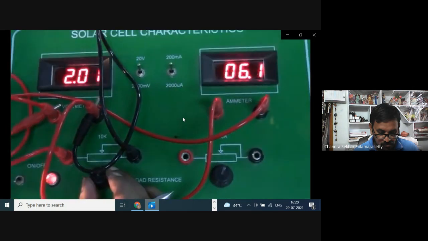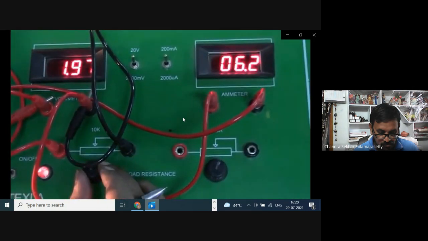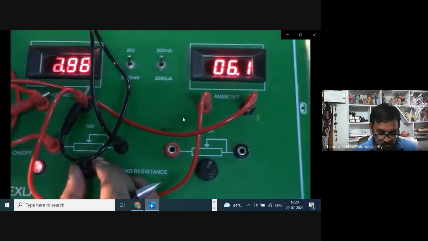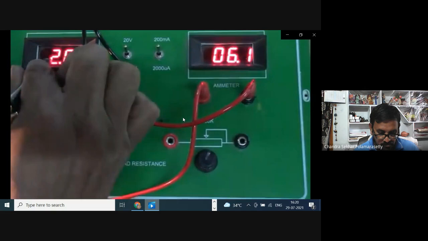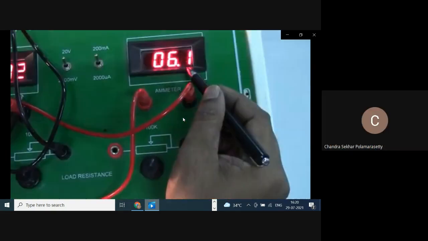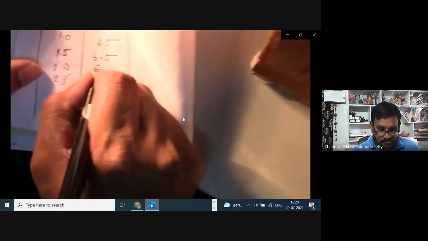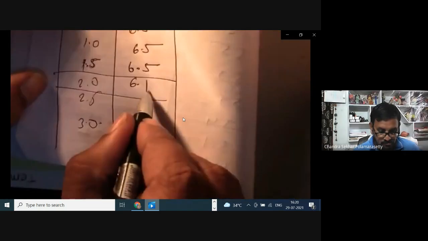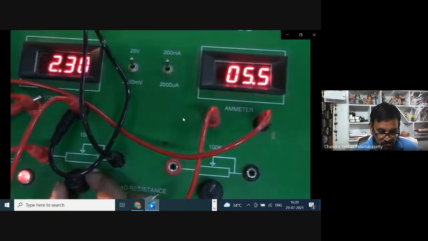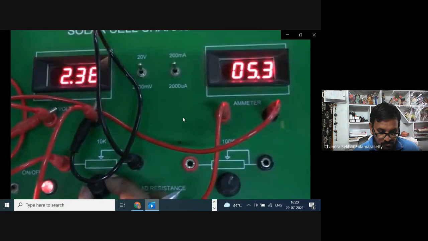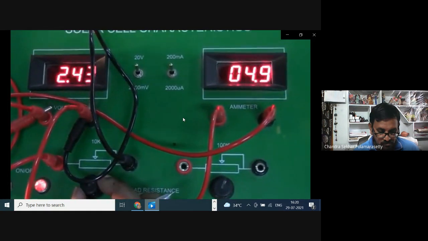Students, you see, if I connect these two, you are going to get the maximum current, which means this is short circuited. Okay, now it is open circuited. So here infinite resistance is offered, and the current is what? Zero, and at this particular situation, the voltage is maximum. It is 3.09 volts.